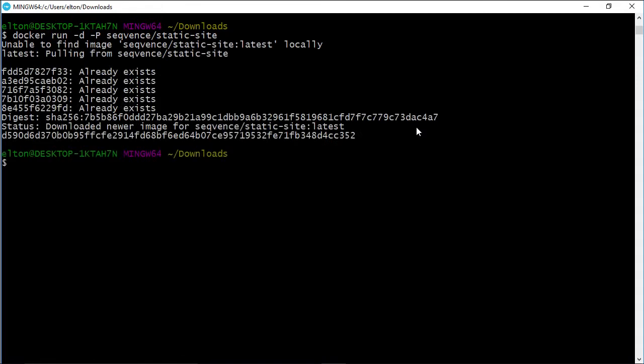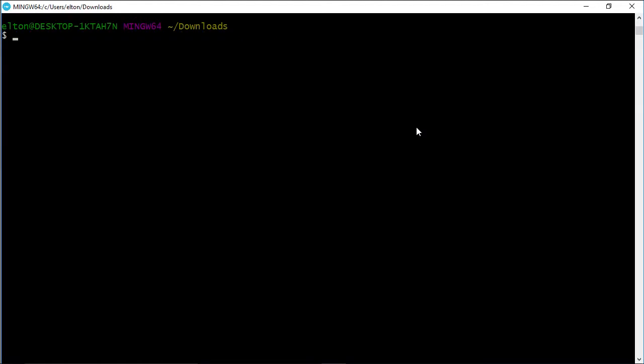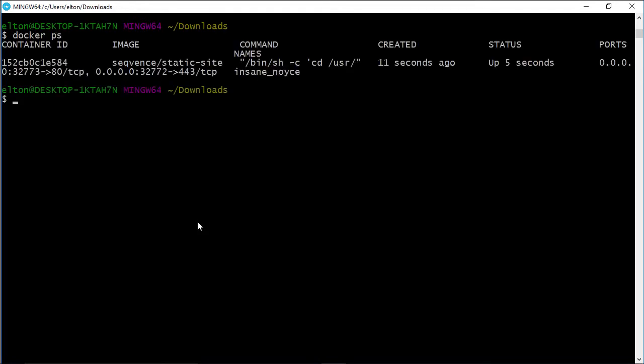The -d tells Docker to run the container in the background, and -p tells it to publish the network ports that the container exposes. We can run docker ps to see which containers are running in the background,